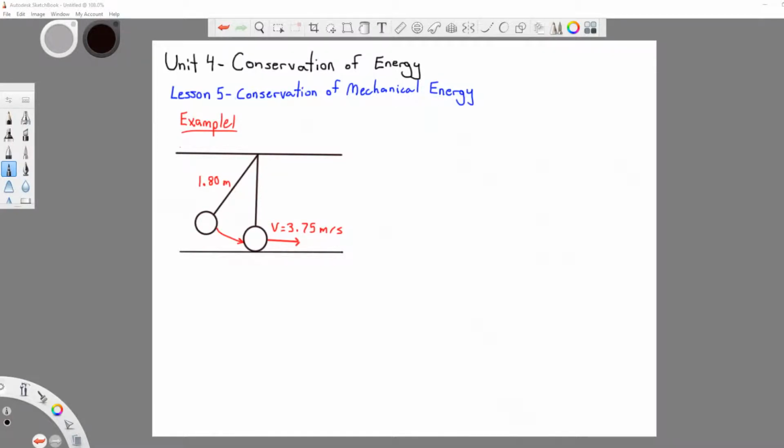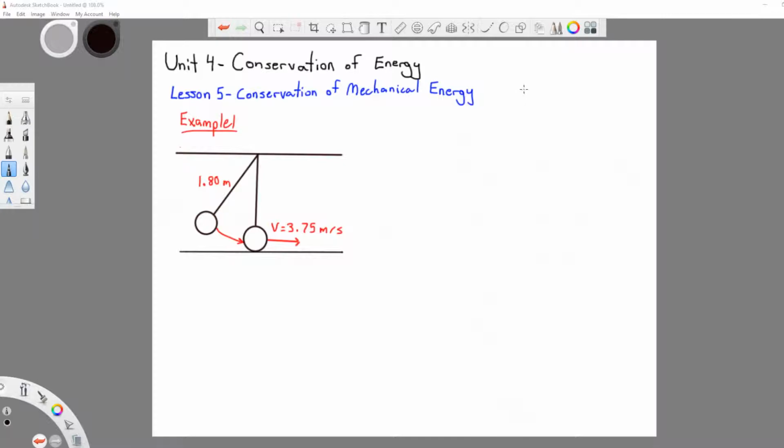All right, welcome to unit number 4 on conservation of energy, lesson number 5, conservation of mechanical energy. So in this first example, we have a setup of a pendulum here. But before we dip into that, I'm going to give you a quick little overview of what conservation of mechanical energy even means. So in short, basically, mechanical energy means that if there's no friction or there's no work being